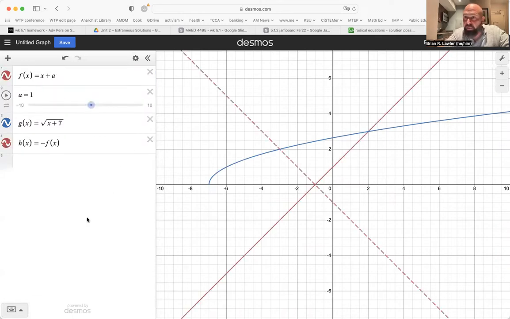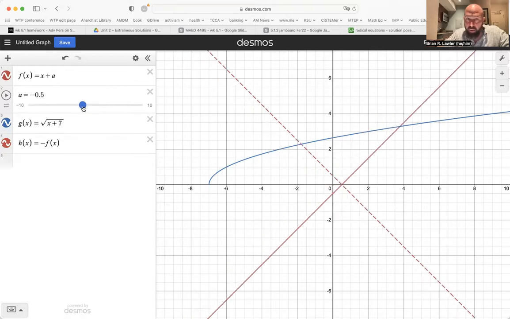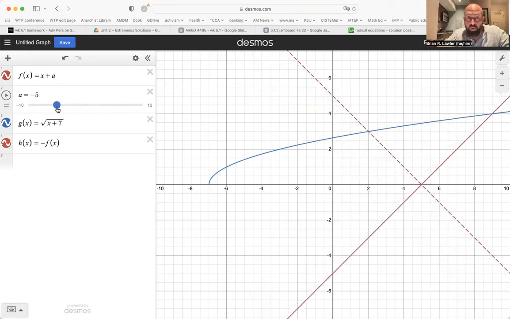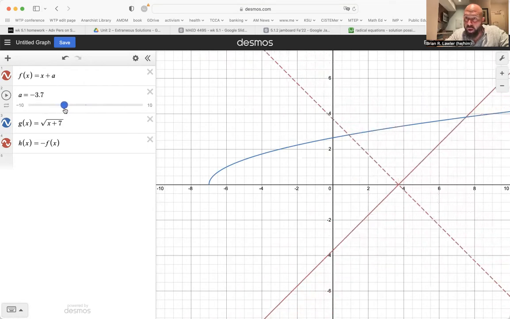Okay, so I played with sliders earlier today in class. You noticed the last worked example, I had x plus 0, or in other words, just x. And the one before that, I think, was x plus 1. So this is an example where it's x plus 1. Here, look at my a term: x plus 0, x plus negative 3, x plus. So if I keep making a smaller and smaller and smaller,